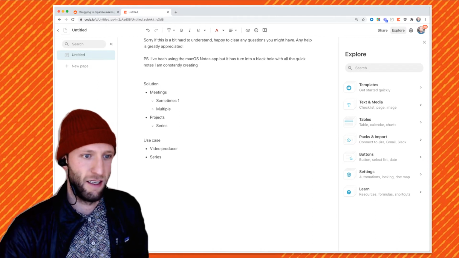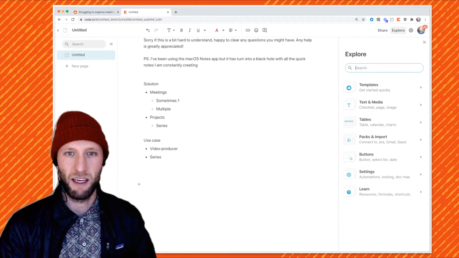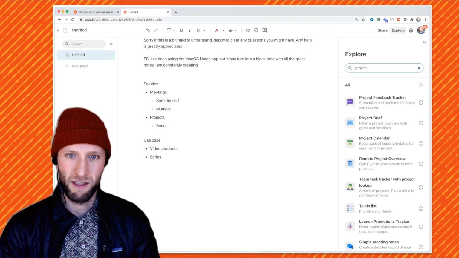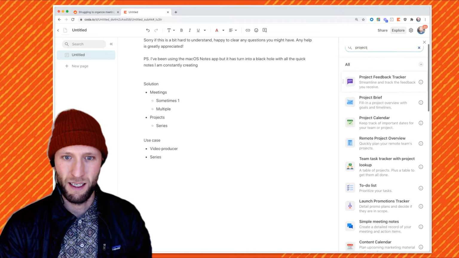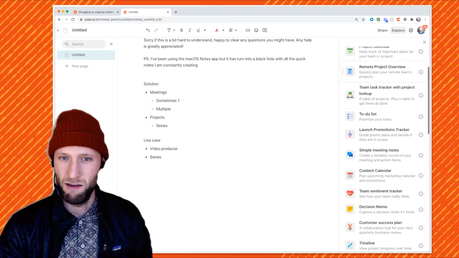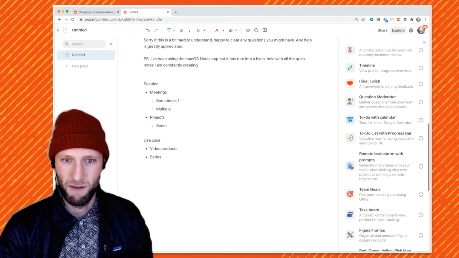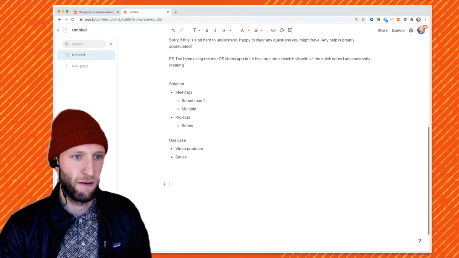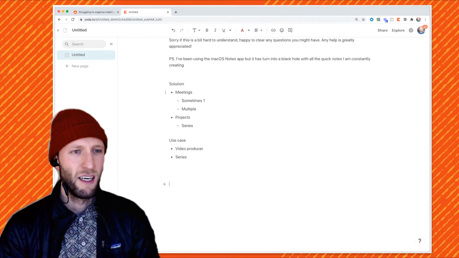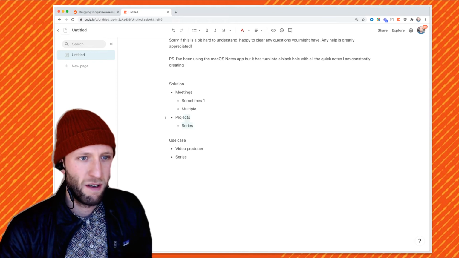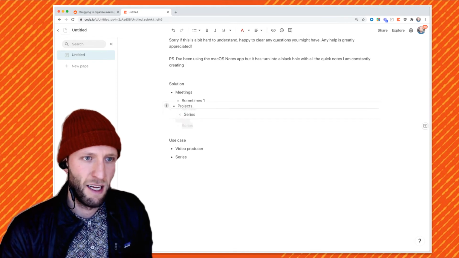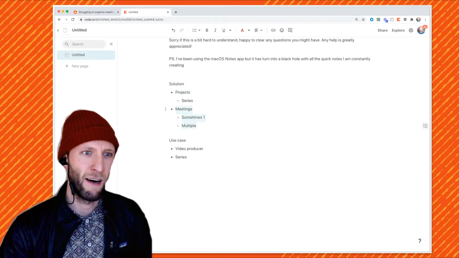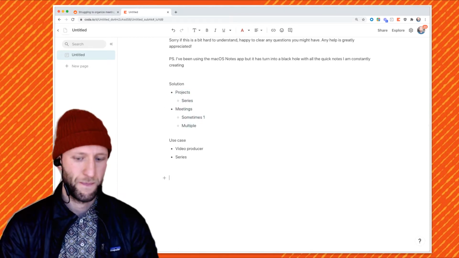All right. So let's see if there's any project pipelines that we can start with. Feedback, task tracker. No, I'm just looking for a project portfolio. Shoot, doesn't look like there's one. I'll create this from scratch. So what it sounds like is we're probably going to have a project pipeline. That's the first thing that I'm going to build, and then we're going to figure out how to run these meetings.